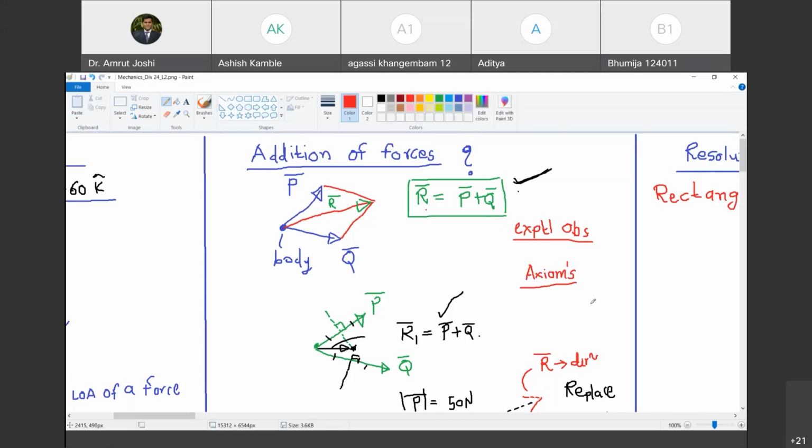For example, the law of gravitation is another axiom of mechanics: if there are two bodies separated by distance r between their centers of mass, and the bodies have masses m1 and m2, the gravitational force of attraction between the two masses is proportional to the product of their masses and inversely proportional to the square of the distance between their centers of mass. So it is proportional to m1 m2 upon r square. Do you know this law of gravitation? Yes, sir. This gravitation law doesn't have any proof other than experiments. Experiment करके ही ये पता चला है.